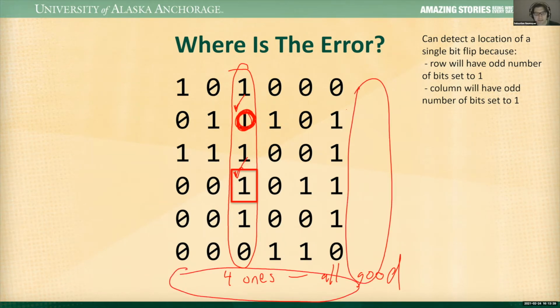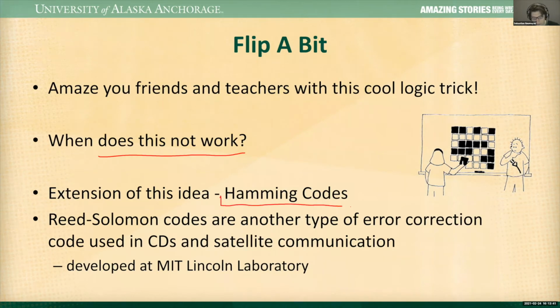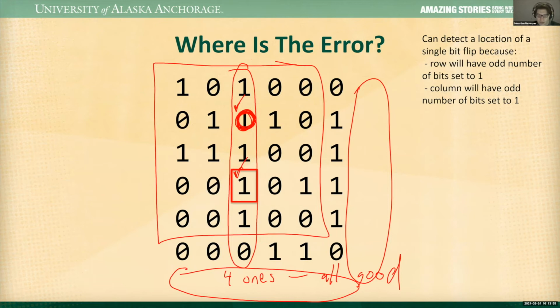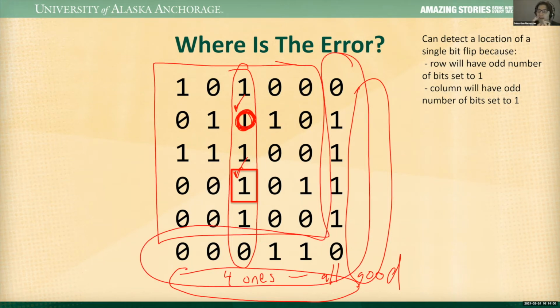And so the way we could address this is add more parity bits. And that brings you essentially to something that's known as Hamming codes. And this is sort of the first stage of error correcting codes. If you have something like a CD player, you do something very similar. The actual information in this 5x5 grid is really there. And then you have a whole bunch of redundant information, which is essentially analogous to these parity bits. It's a more complicated scheme, but the overall idea is basically the same.